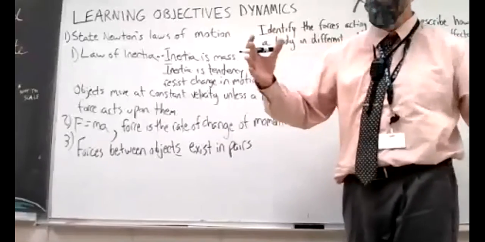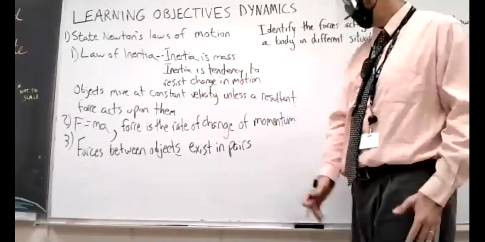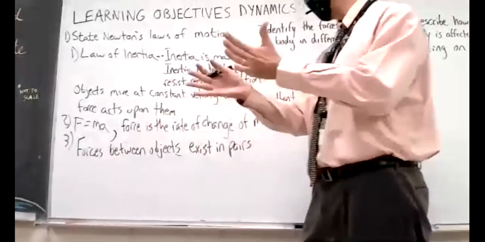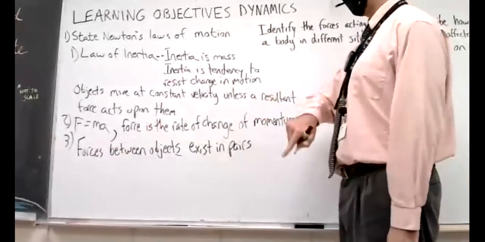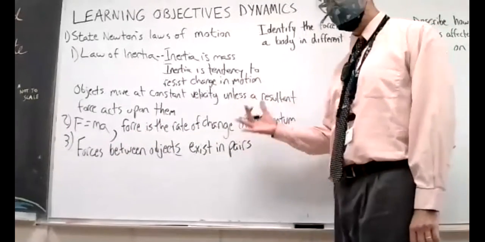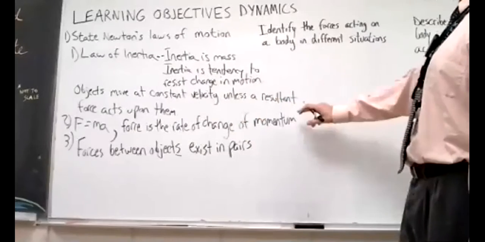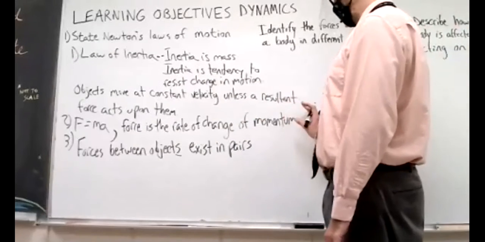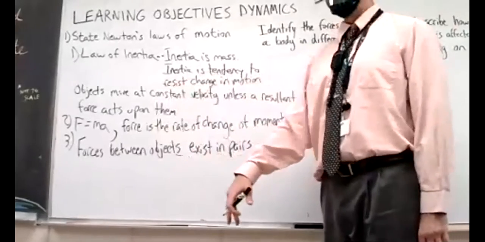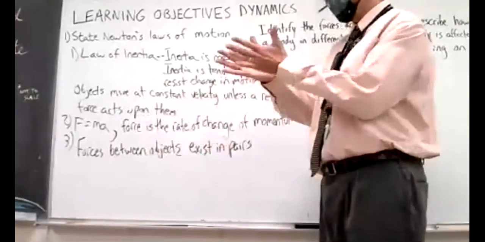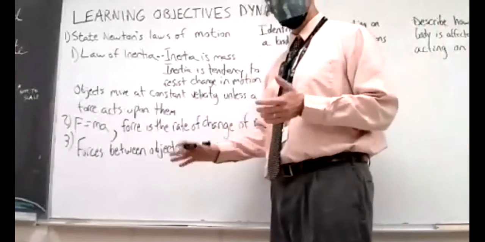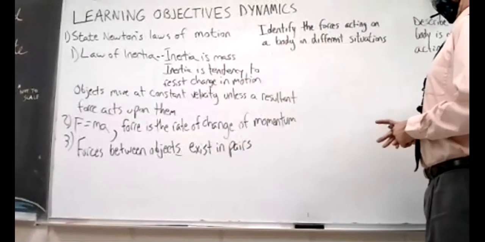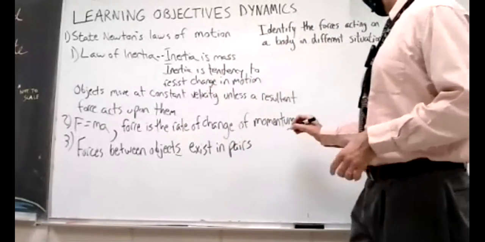Time later, the time of collision is the same, right? And so if the force is the same because of this law and the time of collision is the same, then the change in momentum is going to be the same. So all these laws build on each other. Every time you ask why the change in momentum of this object equals the change in momentum of the other one, it's because the force between them, those are the two objects interacting. So the force is the same, the contact time is the same, and the change in momentum is definitely the same. Forces between objects exist in pairs